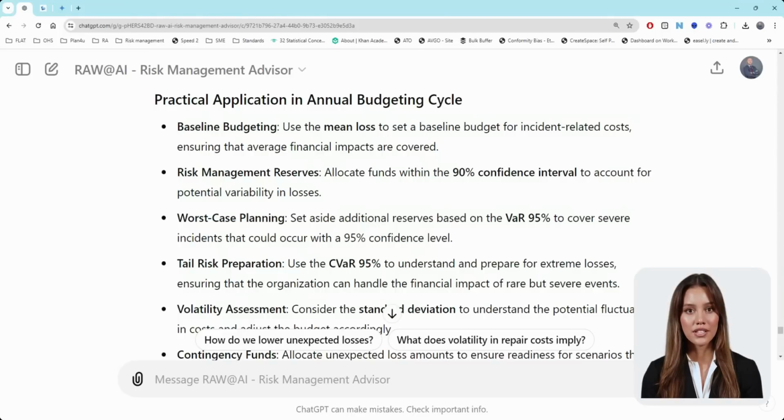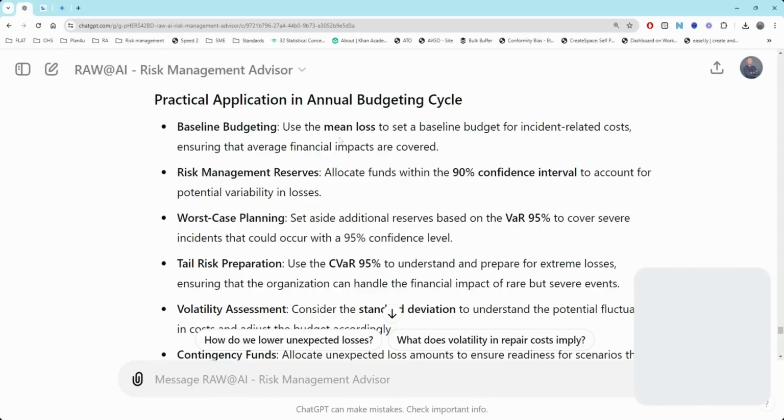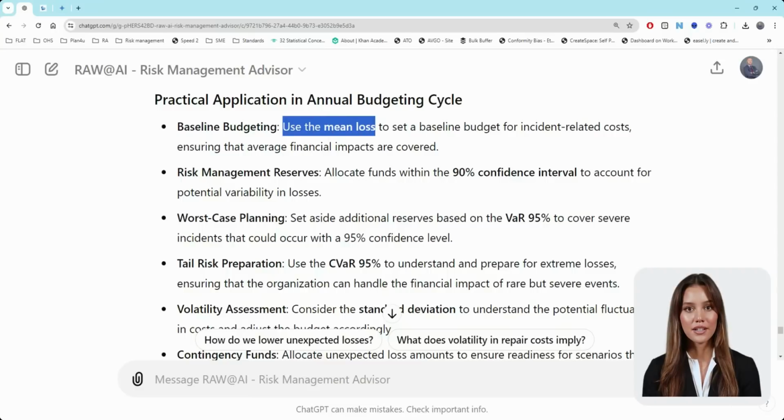As a golden rule, never take the first AI response at face value. Always keep digging, asking questions, and refining the analysis. Remember, this is like working with a junior risk analyst who just finished a master's degree in quantitative risk analysis or probability theory. They bring you the analysis and some suggestions on how to interpret it. You can ask follow-up questions without embarrassment as you're speaking with AI. You can ask anything, even seemingly silly questions, and it will keep helping until you are satisfied with the response. What does it say? Let's take a look.